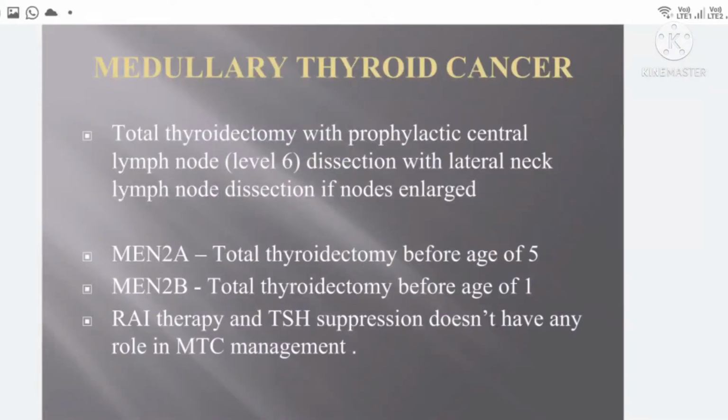So how are we going to investigate this patient? Usually we can easily diagnose medullary thyroid cancer with the help of an FNAB or FNAC, which will show amyloid stroma. As well, in the blood we will find an increased level of calcitonin, and we can also come across an increased level of carcinoembryonic antigen in the blood. This may suggest the diagnosis of medullary cancer of the thyroid.